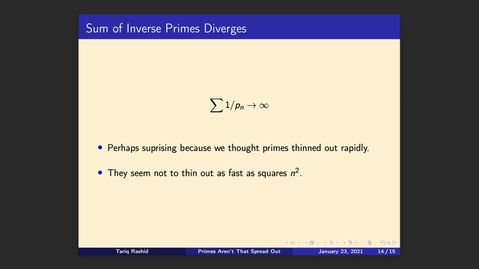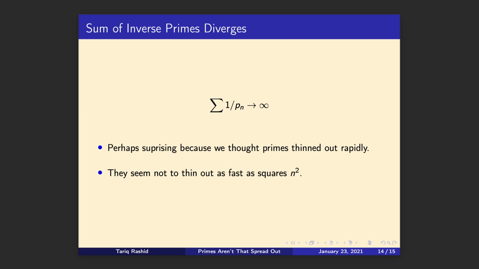because it might be surprising, I guess. What it's saying is that although the primes do get larger and larger and do spread out, they don't spread out sufficiently fast for that inverse prime sum to converge, like, say, the square numbers. So they don't seem to thin out as fast as the squares, for example. That's interesting and, I guess, surprising as well. So yes, they perhaps become rarer, but not rare enough compared to the square numbers such that the sum of inverses